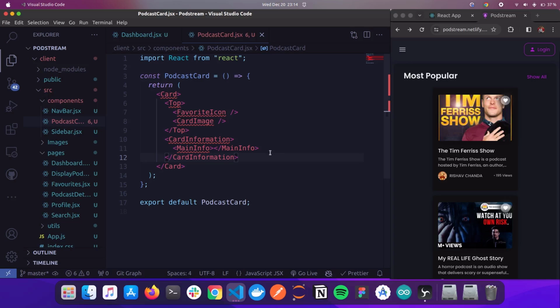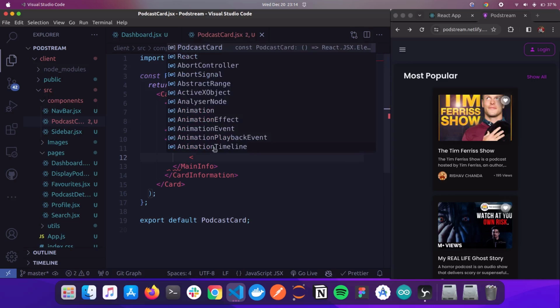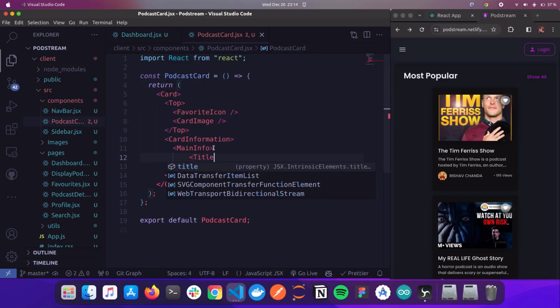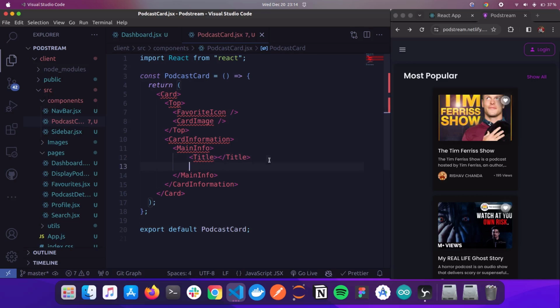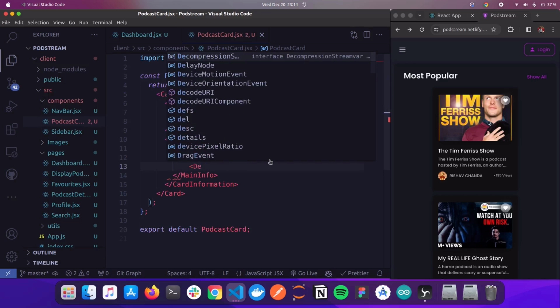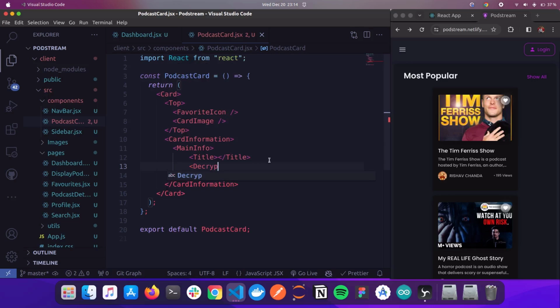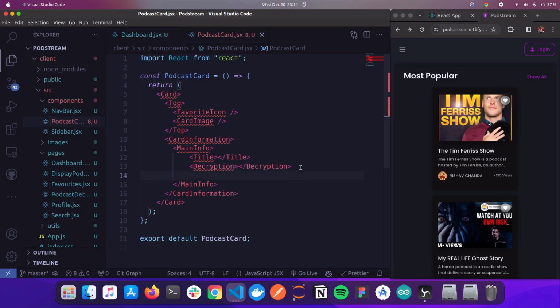For main info, what are the things that we have? Title, then we have description. Okay, title, description. Then the next thing that we have here is